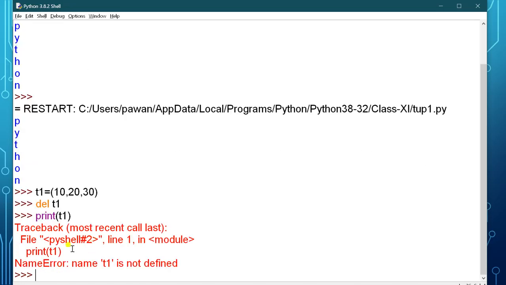It will give you the error that the name T1 is not there because it is already deleted. So by this way you can delete the tuple object. It will completely delete the object. It will not even show an empty tuple.